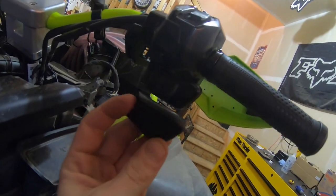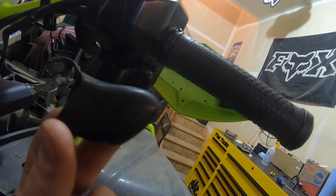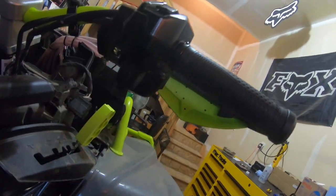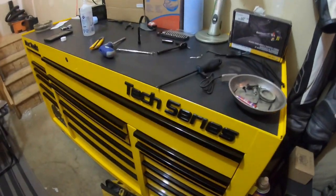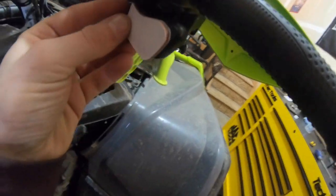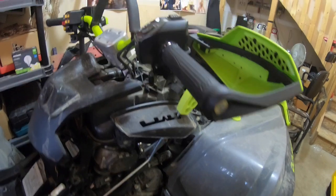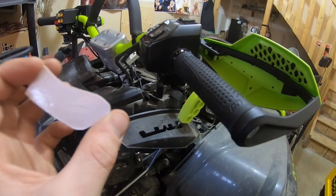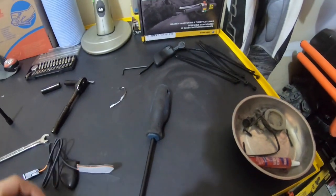Alright, moving on to the thumb warmer. You gotta cut off the stock rubber on there, clean it up with some isopropanol or whatever there, and get ready to stick on the thumb warmer. We'll stick it on there nicely, pull off the back, stick it on nice, and then peel off this side, and you put just a little dab of soap on there so we can slide over the new